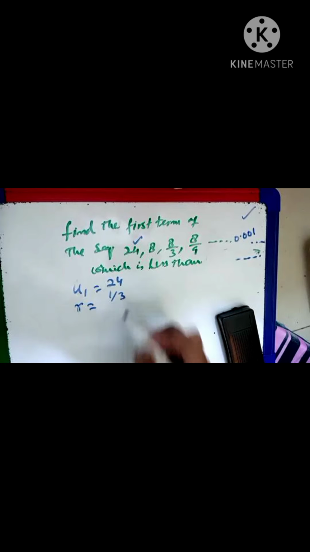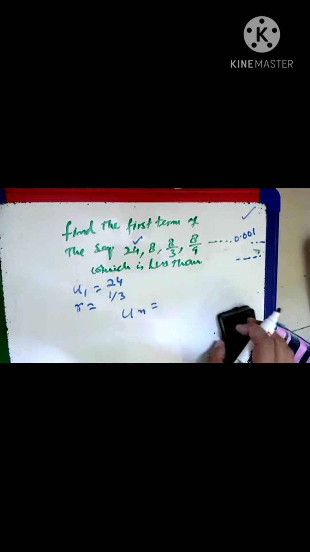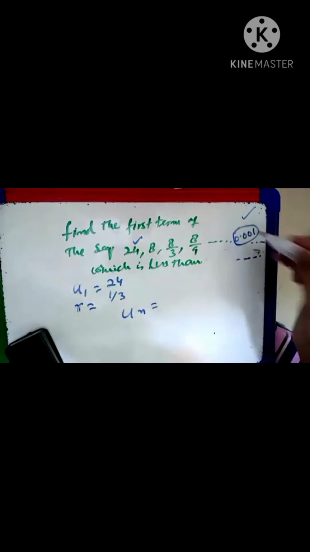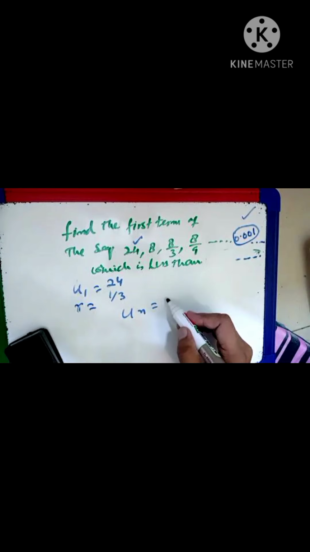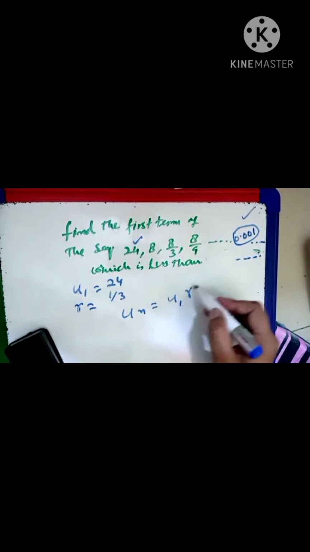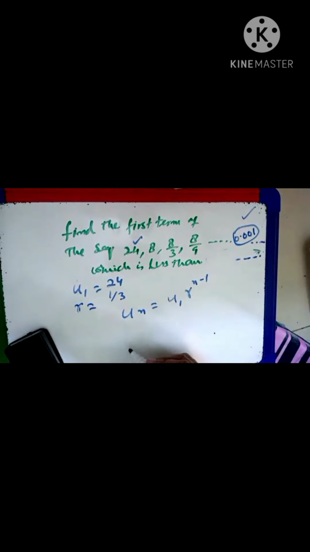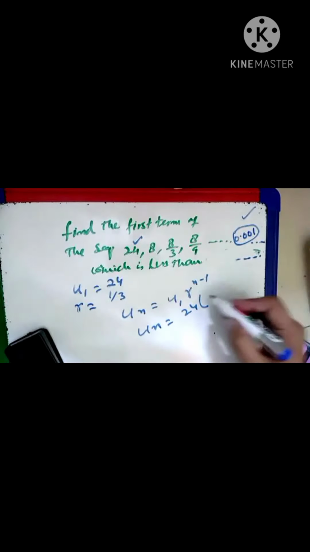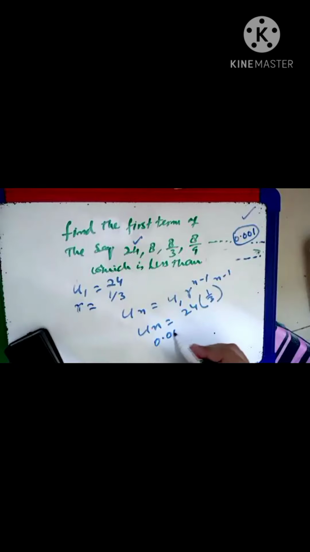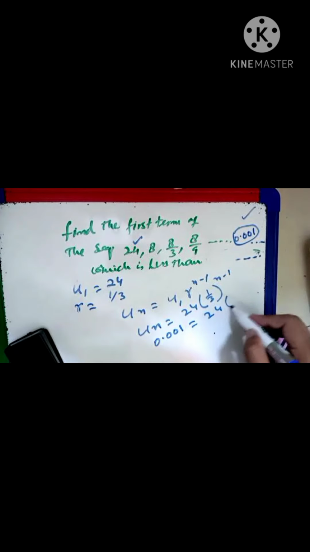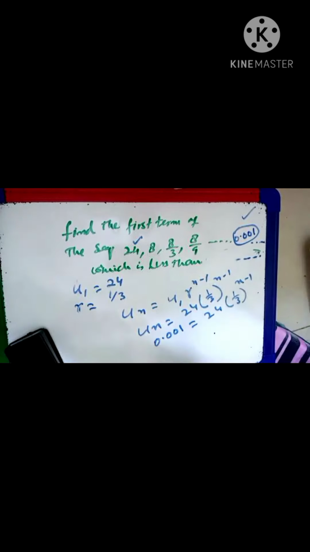1 over 3. Okay. So now if I say un equal to, this is un basically. I don't know this term. It's the general one. So un equal to, the formula is u1 r raised to power n minus 1, right? Yeah. So un equal to u1 is 24 and r is 1 by 3 and power n minus 1, and un is 0.001, equal to 24 times 1 over 3 power n minus 1, geometric. Now